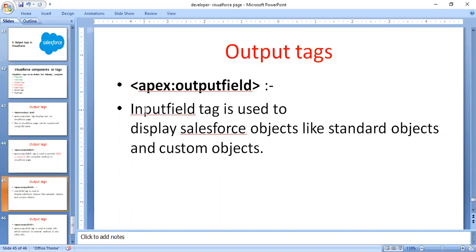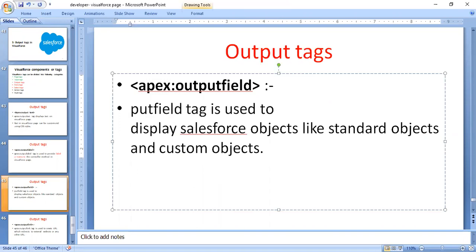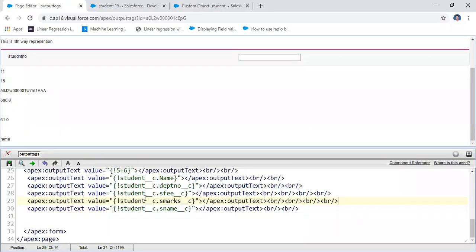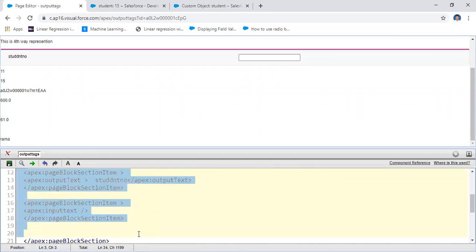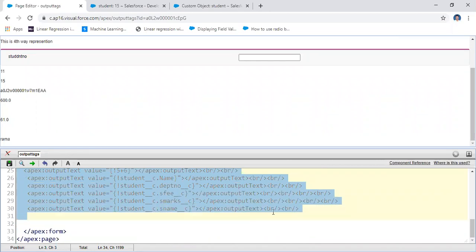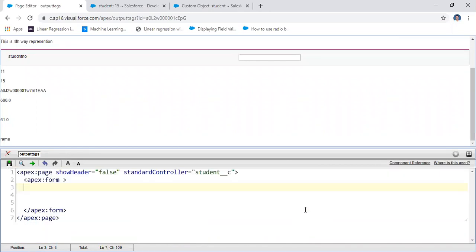The output field tag is used to display the Salesforce object, standard object or the like. Whatever work is done by the input field, that information is also displayed by this field. I want to remove all the information from here.